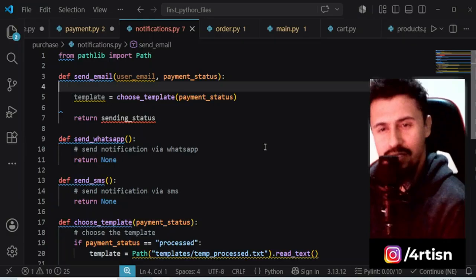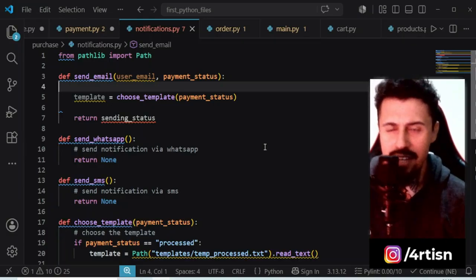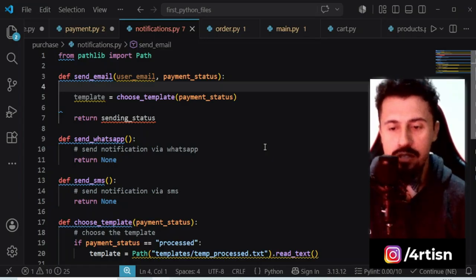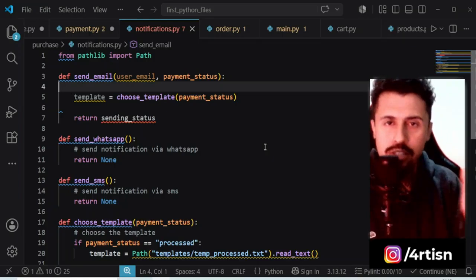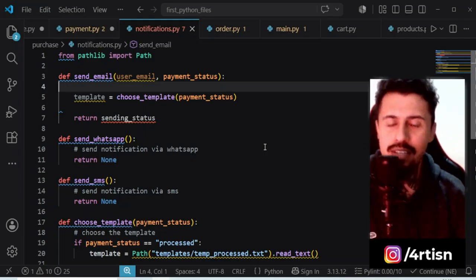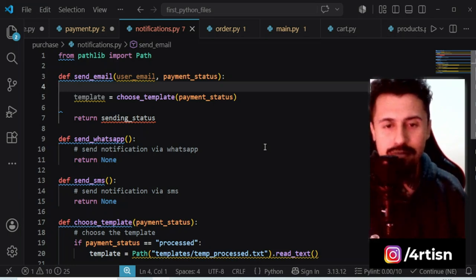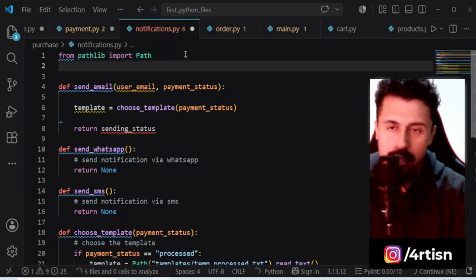But let's move to the impressive part, that is really sending an email. And the same way you used a module called HTTP to make an external request using the HTTP protocol, Python provides you a built-in module that allows you to do the same thing with the SMTP protocol. That basically is the protocol that allows you to send emails. So the module that we need to import is